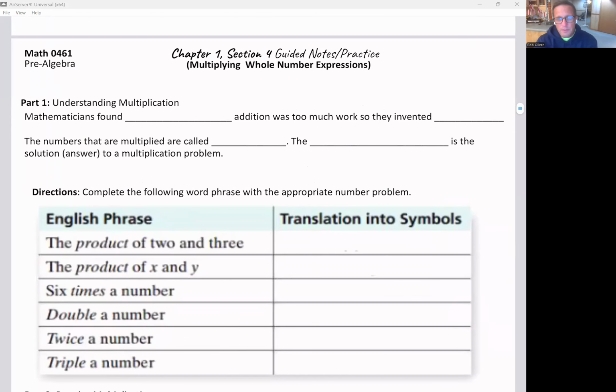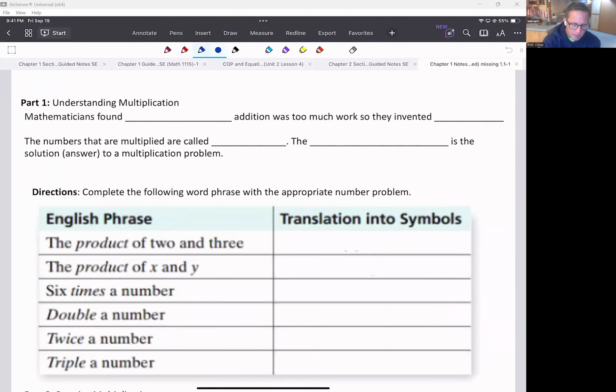Understanding multiplication. Now, what multiplication kind of, I don't know if this is more apocryphal, but for the most part, mathematicians found that repeated addition, before multiplication was a thing. When was multiplication invented? When was it started? We're not sure. There's no date. There's no person that's attributed to it or anything like that. We're pretty sure that,